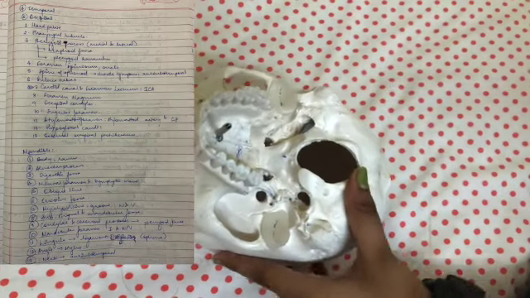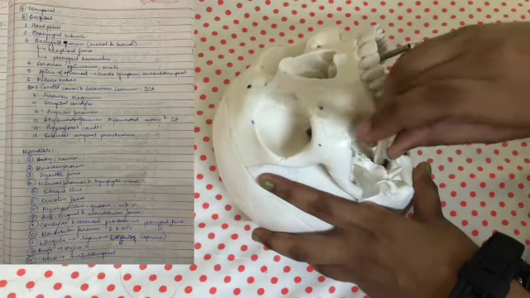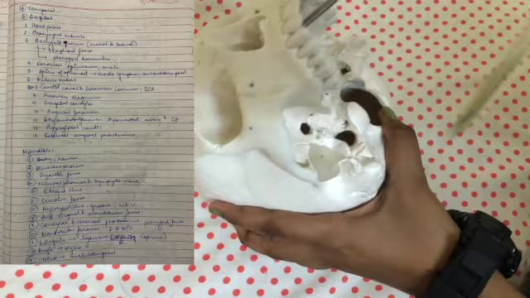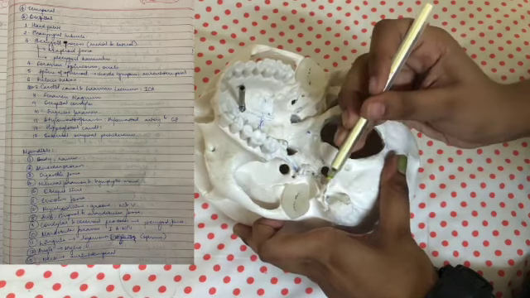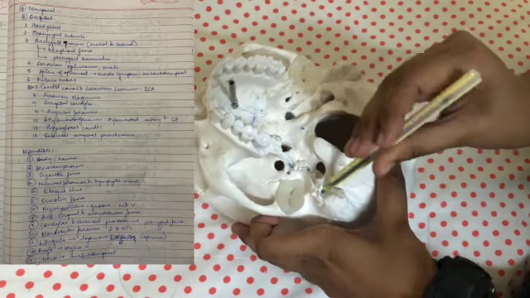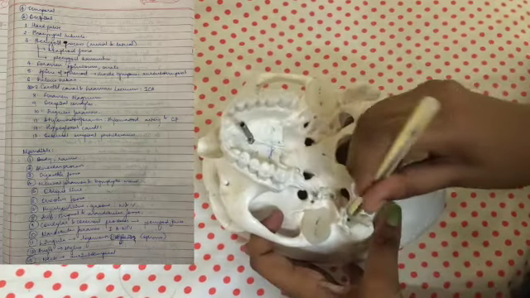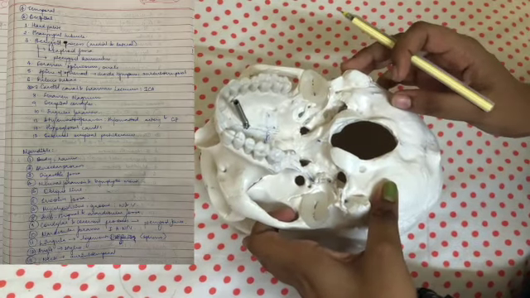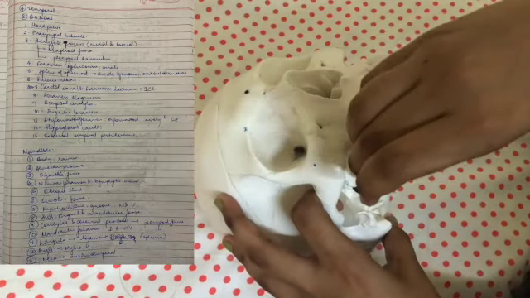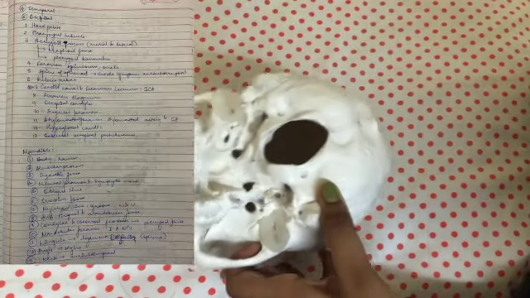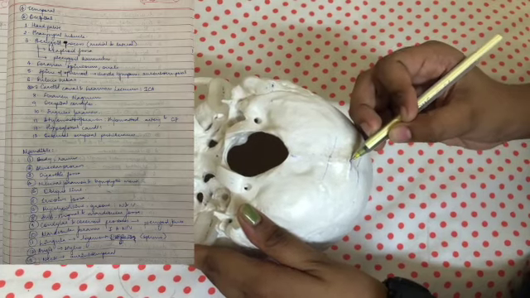And then we have the jugular foramen that you can see here. The jugular foramen is the foramen through which the internal jugular vein passes. And then we have the stylomastoid foramen in between the mastoid process and the styloid process. It's very important because the stylomastoid artery, which supplies the major part of the inner ear, and the facial nerve pass through. And then we have the hypoglossal canal, which, as the name suggests, is for the passage of the hypoglossal nerve. Then we have the external occipital protuberance, which we saw before too. And this is what the norma basalis is formed of.